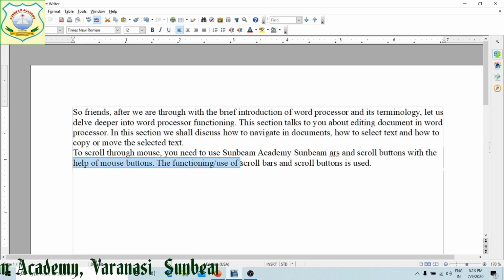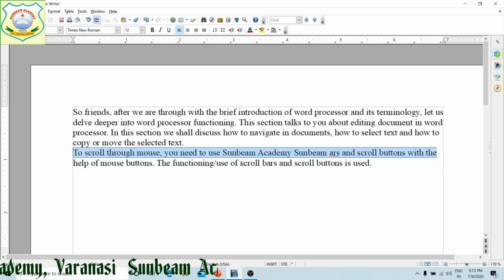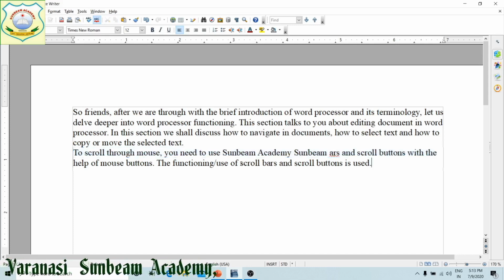If I am at any place, suppose I am here, shift and end key, the complete line will be selected, means to the end of the line. Suppose my cursor is here, shift and home key I am selecting.